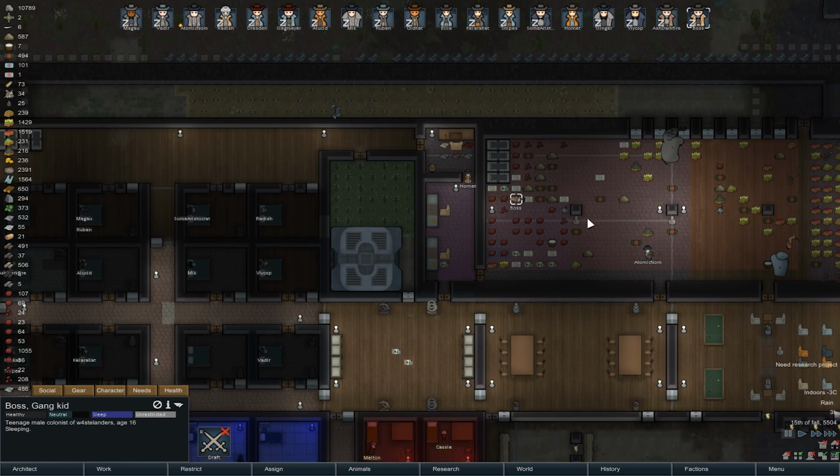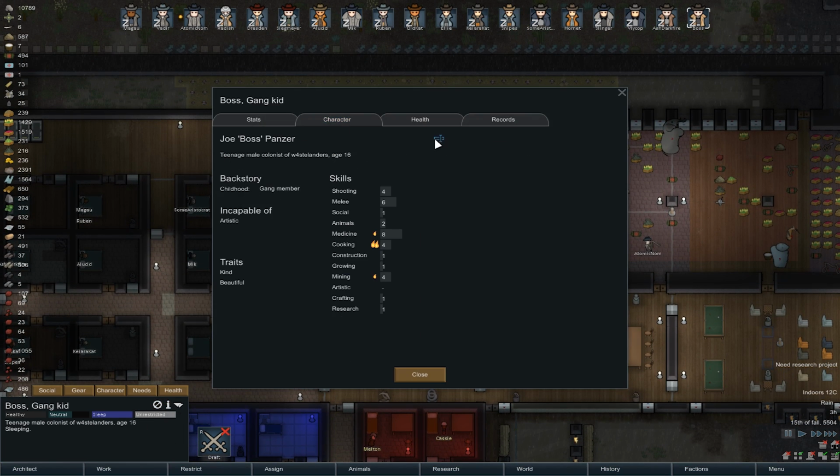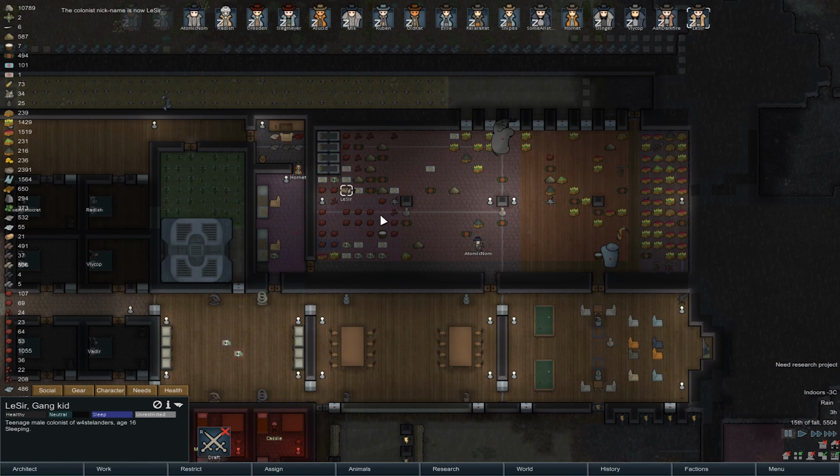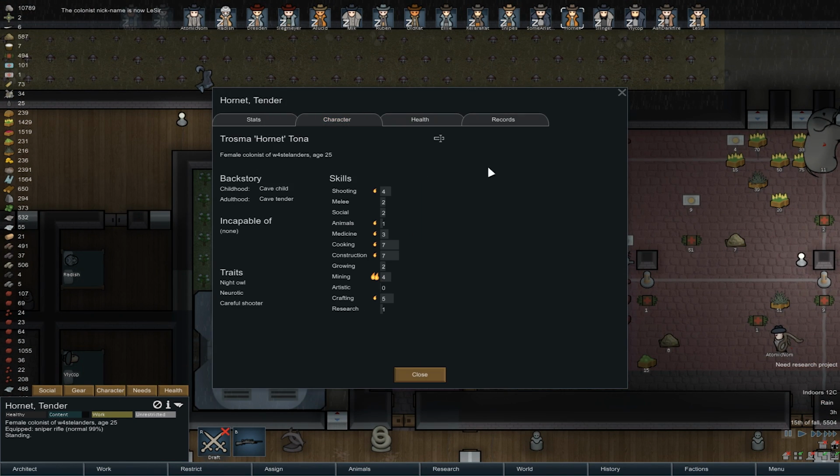We're going to start off with the easy ones, because they're pretty straightforward. So, for example, we have Mr. Boss here asleep in the fridge. Where else? No better place for him. We can rename him as he is welcomed into the colony, Mr. Sir, Mr. Le Sir, no less. And then, conveniently, right next door, Hornet. These are the last few from the Patreon list as well,